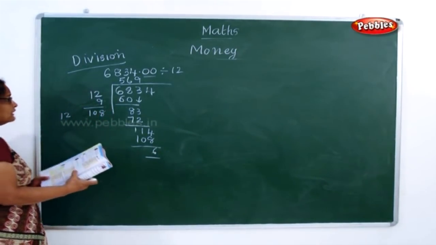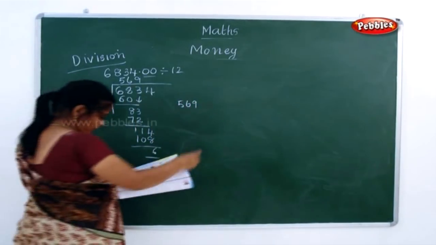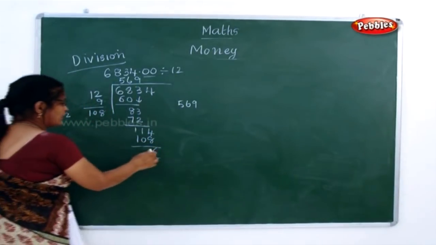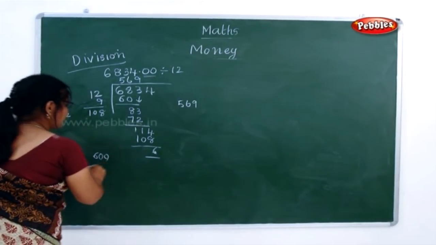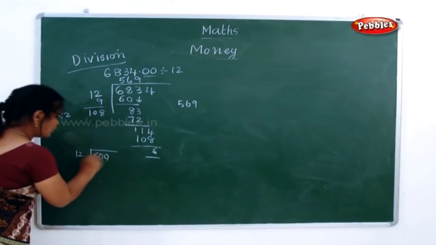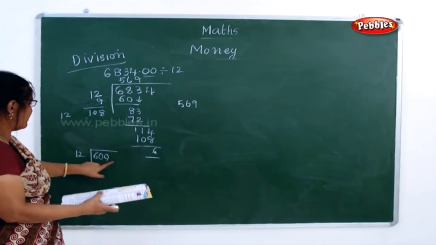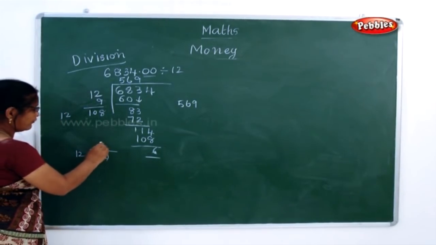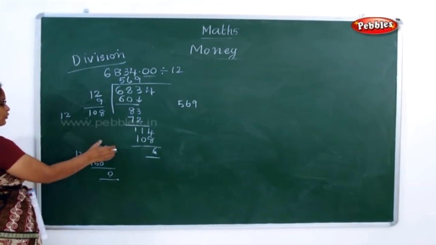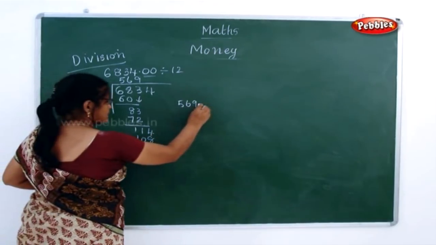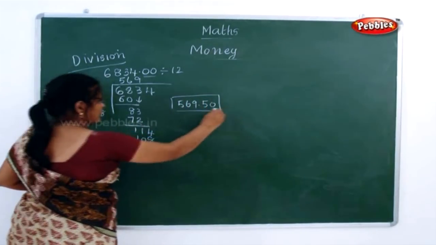Now what will you write here is, you have to write 569.50. How will you convert the 6? Now again what you can do here is, the 6 you can make it a 60, you can make it a 600 paisa, and again divide by 12. The 6 you can convert into paisa and add 00 paisa. So when you add 00 paisa, what is it? 12 5s are 60. So again this 0 you can add it here. So now what is the remainder here? You are getting 50. So it is 569.50. Is it clear? 569.50. This is the answer. Right.